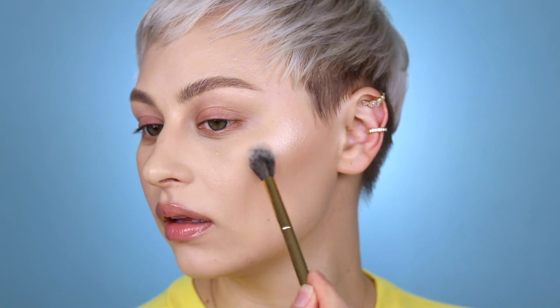And I kind of like to do that C shape, where I bring it up here a little bit. But focusing it right here is going to be a lot more flattering on my face shape, because a million times, how many times am I going to reference Chrissy Teigen and her big round cheeks? I don't have those. It goes in a little bit more here, right? So the height of my cheek area is really my cheekbone way up here. So I like to highlight